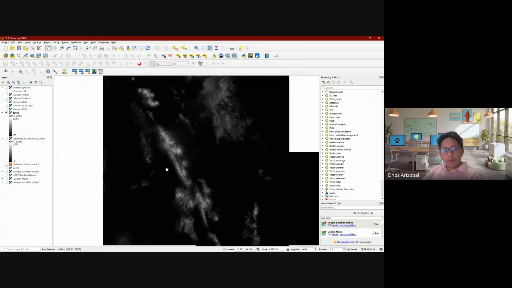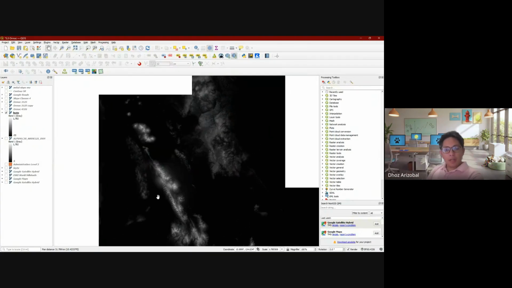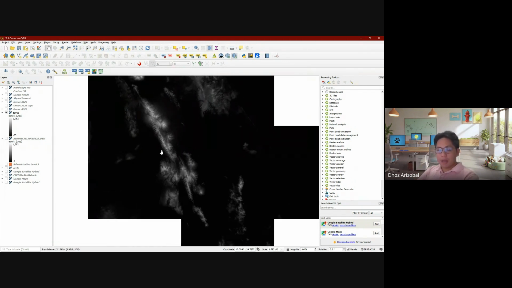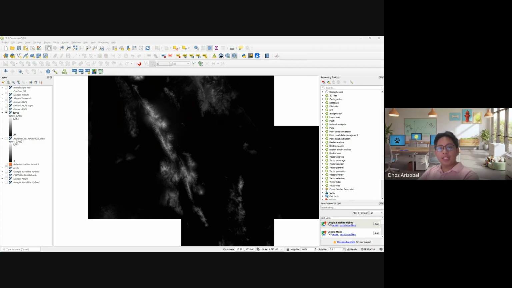Because DEMs are normally taken from satellite images, from far up above the atmosphere, they are large photos. So when you do your exercises, it's much easier to reduce the area of your DEM by identifying your location.